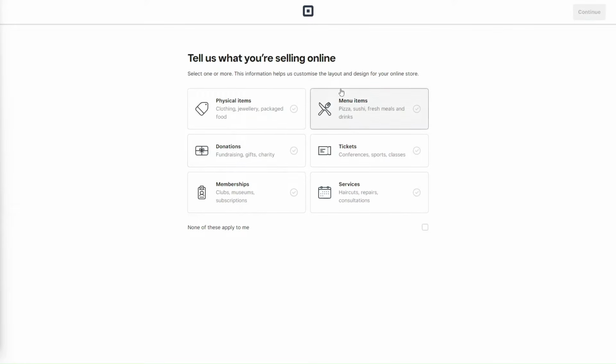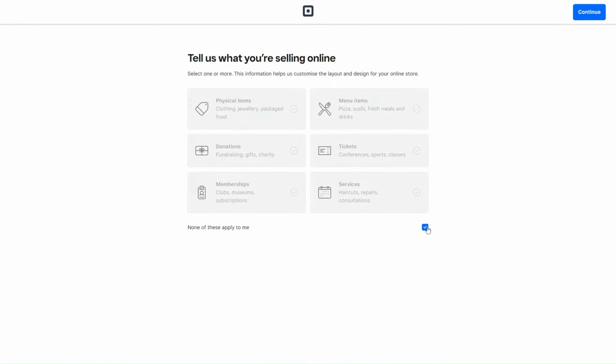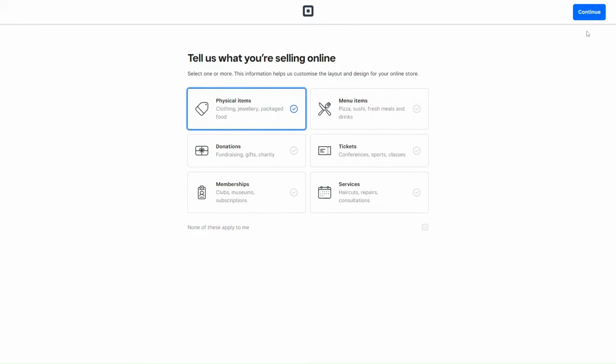So now you're asked to pick what you're actually selling online. This can be physical items, or it could be tickets or services, things like that. If none of them apply, you just want to click on the little tick box, and then just hit continue. In this example, we'll go through some physical items,